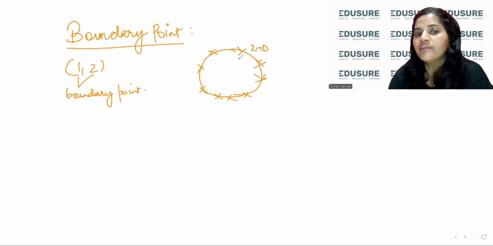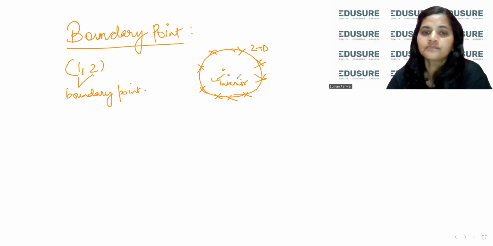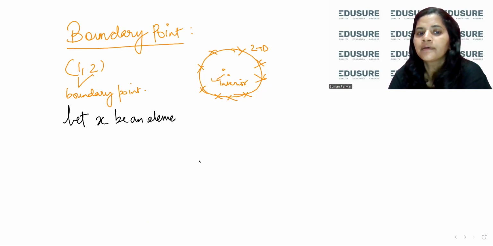And every point inside the circle should be an interior point. So let us have the definition of a boundary point. Let S be a set. Let X be an element. X is called a boundary